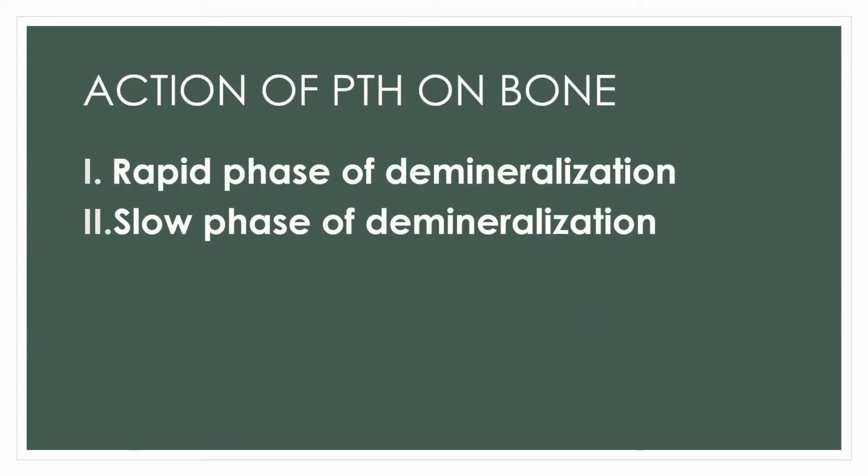Action of the parathormone on the bone. There are two phases: the rapid phase of demineralization and the slow phase of demineralization. The rapid phase of demineralization is also called osteocytic osteolysis. In this process, the calcium is transferred from the bone canalicular fluid into the osteocytes and then into the extracellular fluid. The slow phase of demineralization requires several days of exposure to parathormone, and here